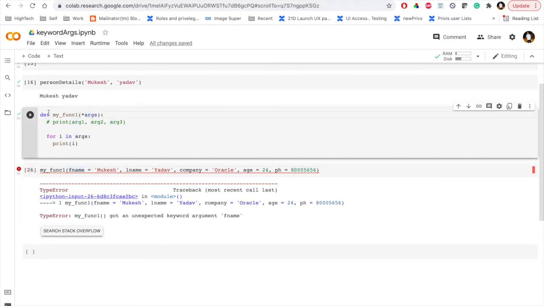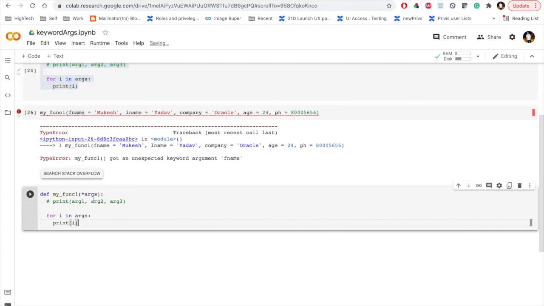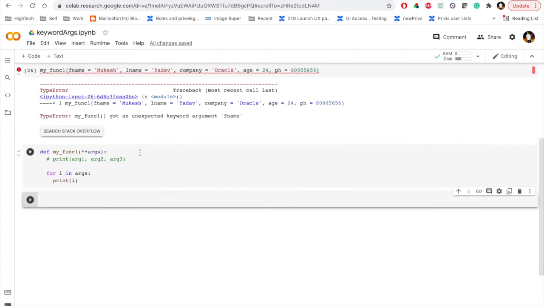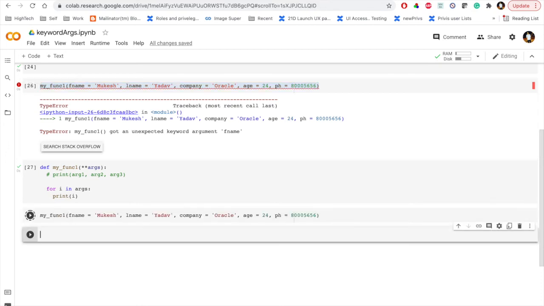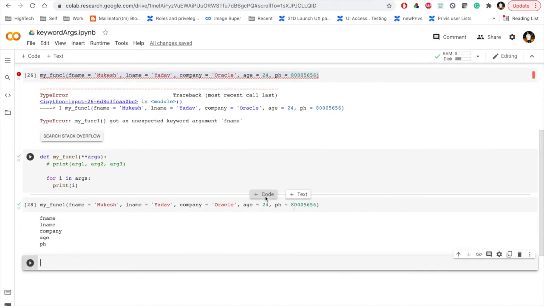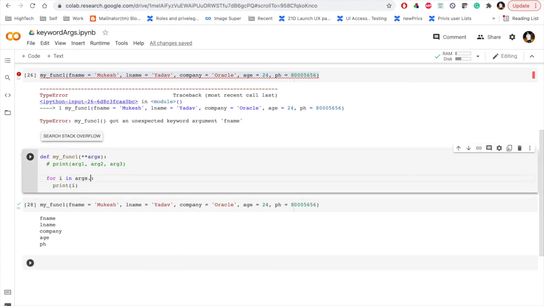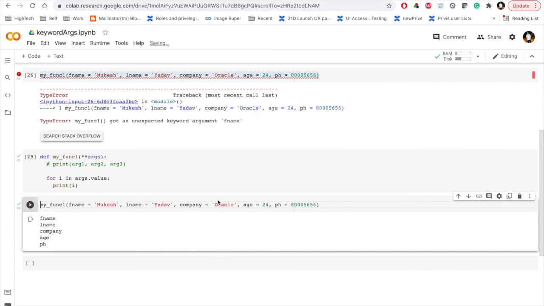So instead, let me copy this function again and rewrite it, and here instead of star arguments, let me make it double star. After that I'll do the same thing which I did here and you will see the output. Here instead of args dot value, one second, I need to check.